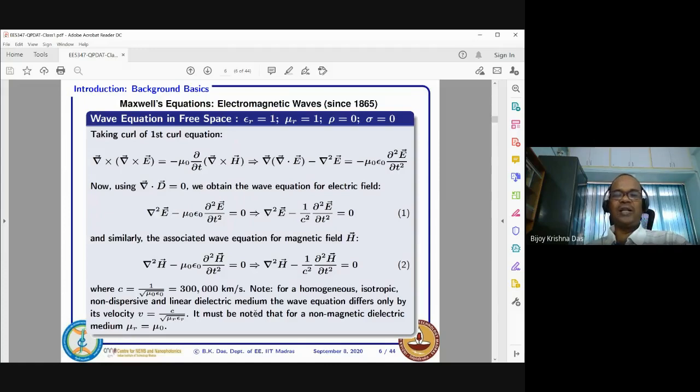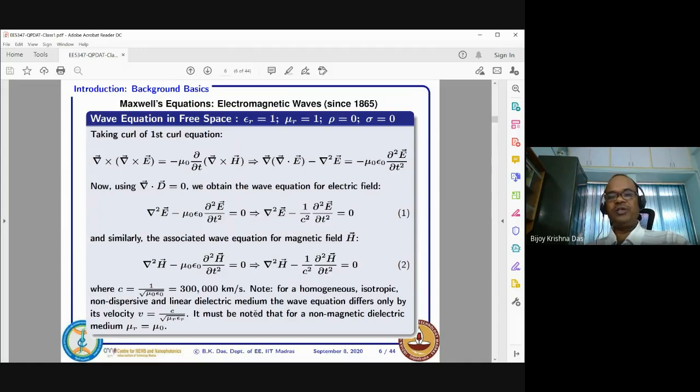First of all, we try to understand this in free space, where no material is there. No material means we can easily consider the three parameters we will use to characterize the material. First is the relative permittivity, epsilon r equal to 1 for free space. Mu r, of course, free space means non-magnetic, so that is 1. Free charge will be 0, and conductivity will be 0, it will be a super insulator. No conductance, no electrons, no carrier can conduct any current. So these are the characteristics of free space.